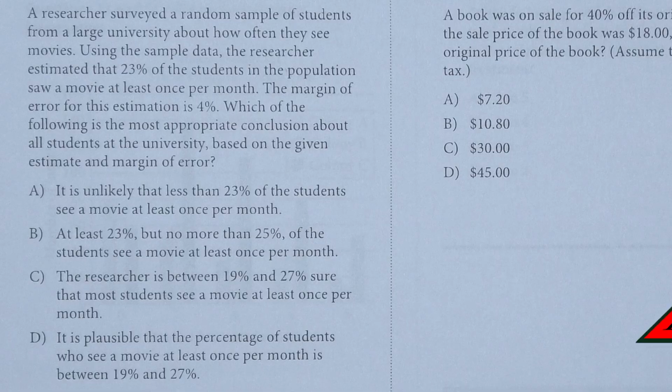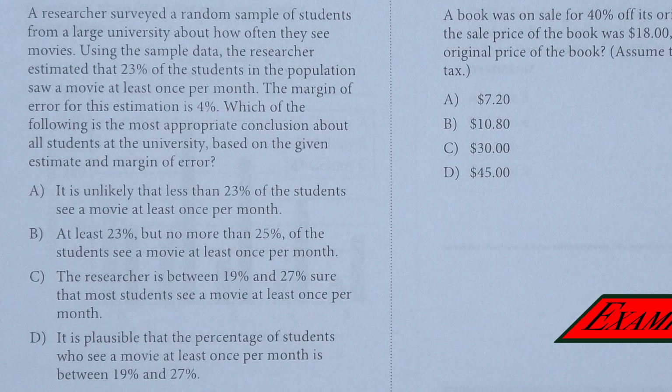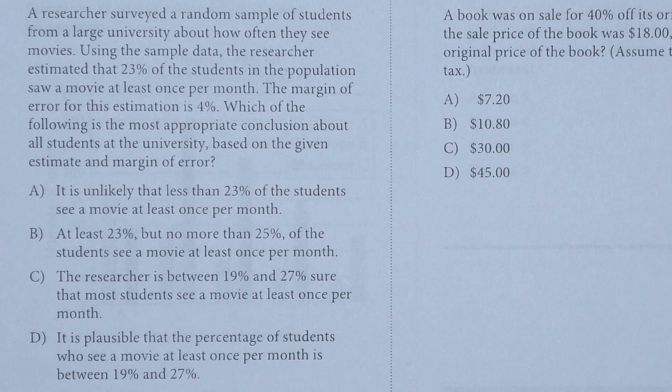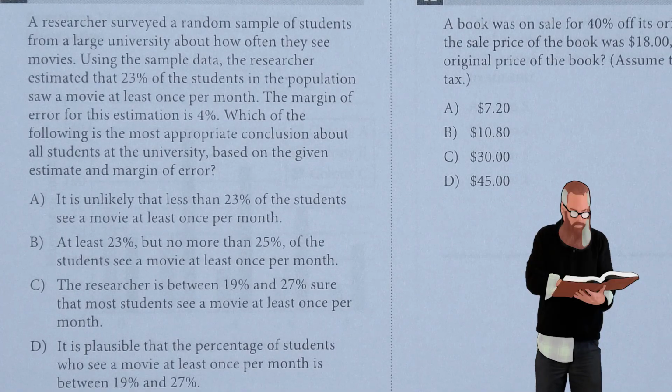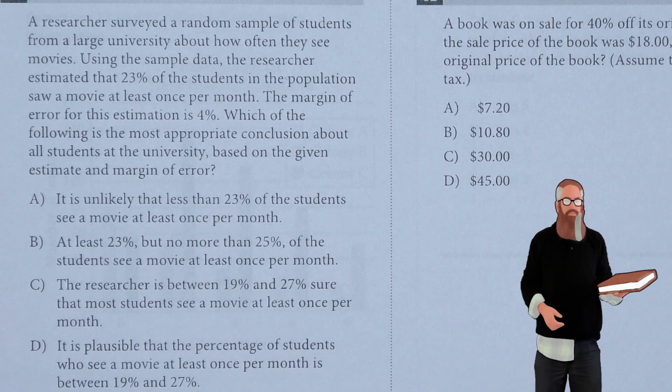C is the answer. A researcher surveyed a random sample of students from a large university about how often they see movies. Using the sample data, the researcher estimated that 23% of the students in the population saw a movie at least once per month. The margin of error for this estimation is 4%. Which of the following is the most appropriate conclusion about all students at the university based on the given estimate and margin of error? It is unlikely that less than 23% of students see a movie at least once per